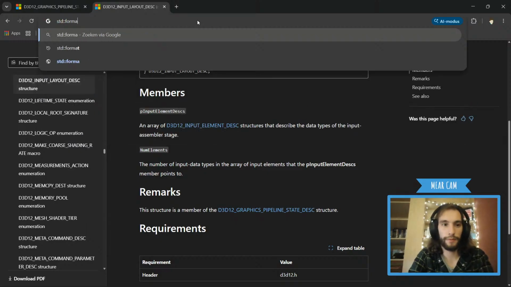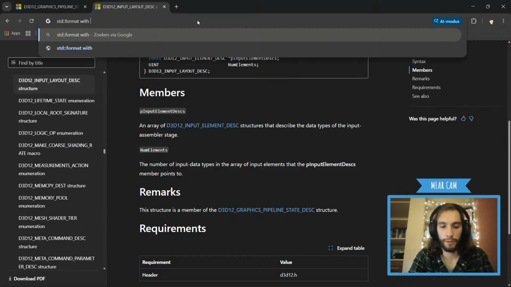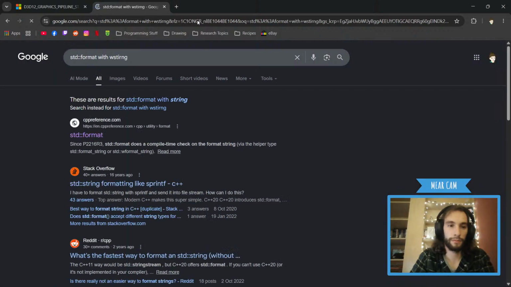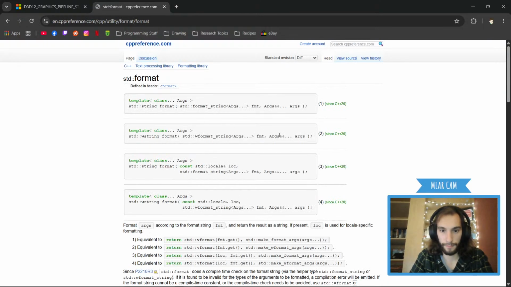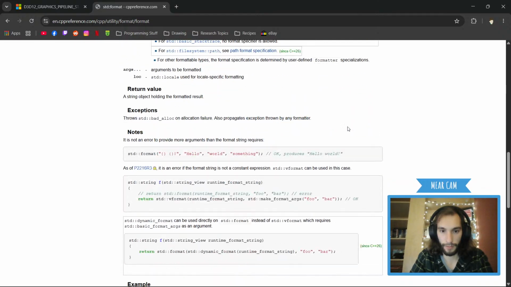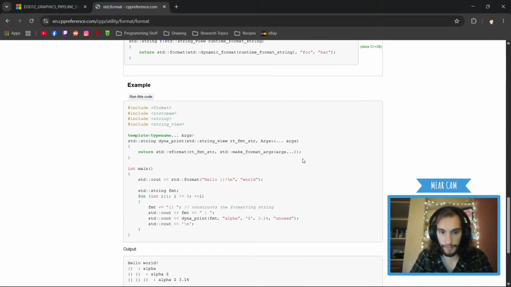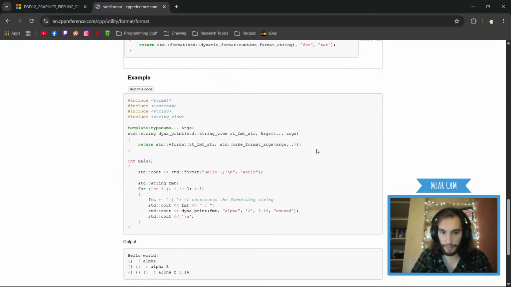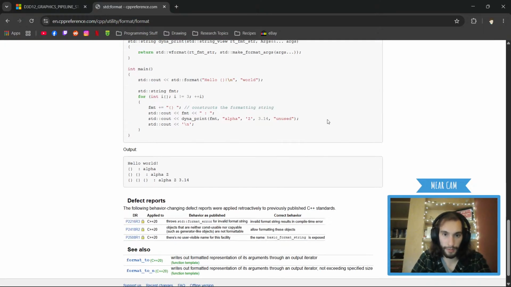Standard format with string. What the actual, huh?